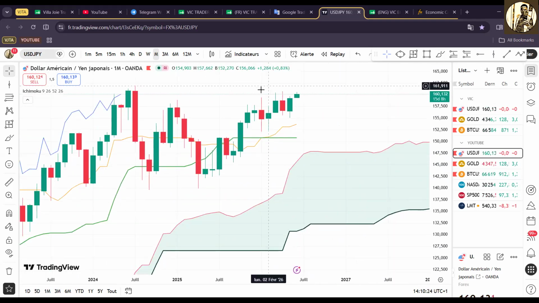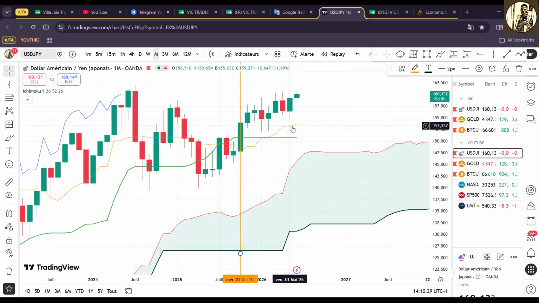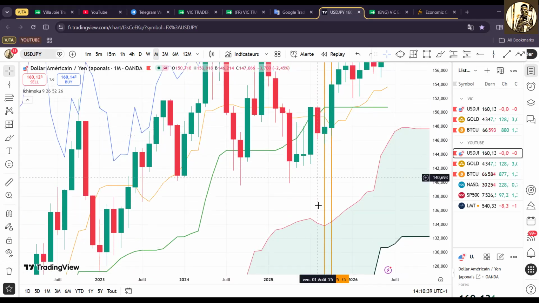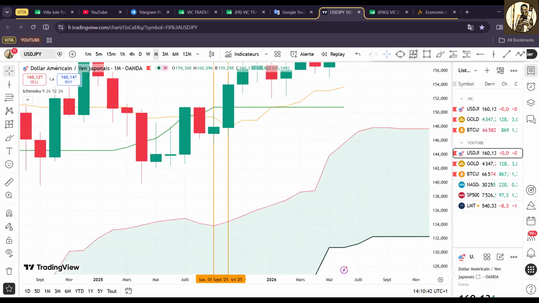So Tenkan started bending to the upside from this point, but Tenkan is not touched, so we will not be having anything to do with that. We also have this Tenkan. This is also a little Tenkan, but it did not make any big move. Even though you can just have something small like this, like 200.